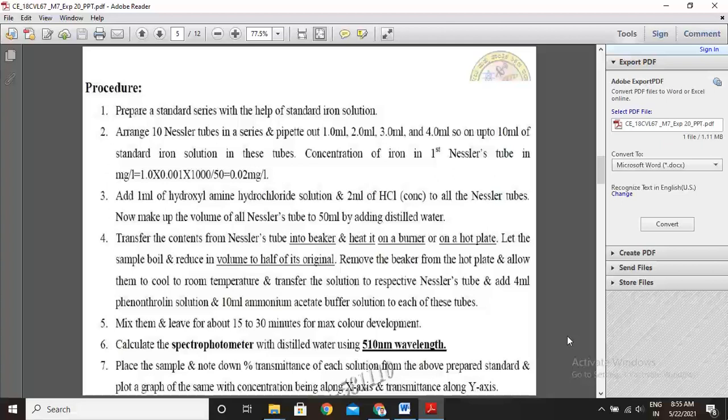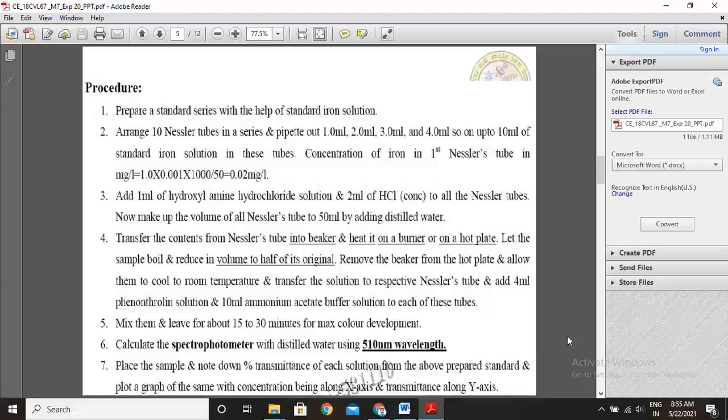Let the sample boil and reduce in volume to half of its original. So up to half of its original you wait. Remove the beaker from the hot plate and allow it to cool to room temperature, and transfer the solution to respective Nessler tubes and add 4 ml phenolphthalein solution and 10 ml ammonium acetate buffer